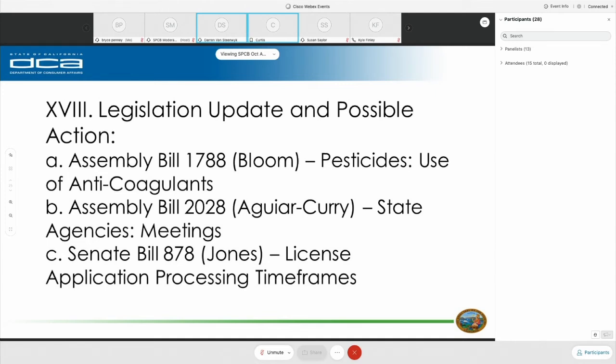And Darren, what impact do you think this bill removing this anticoagulant bait from the industry might have on the consumers in California? Well, it severely limits the potential for us to use that class of chemistry, and that class of chemistry has been selected specifically because of several of its benefits, and so it definitely has some potential to impact. Exactly how we're not 100% certain because we will see what it looks like, specifically as far as enforcement goes,